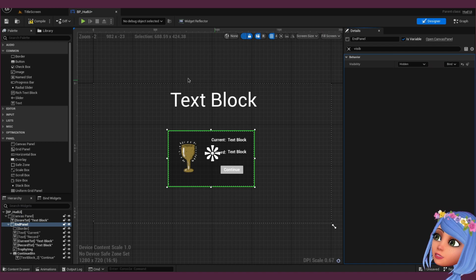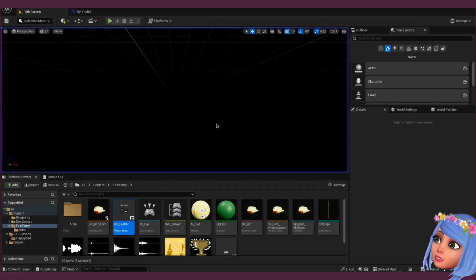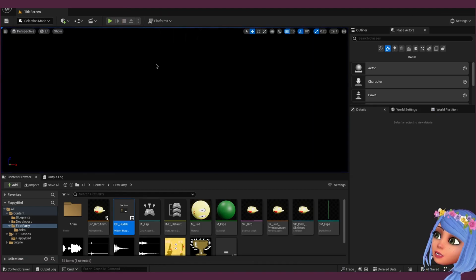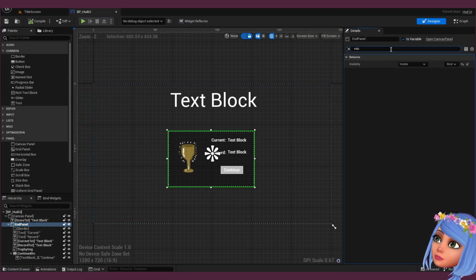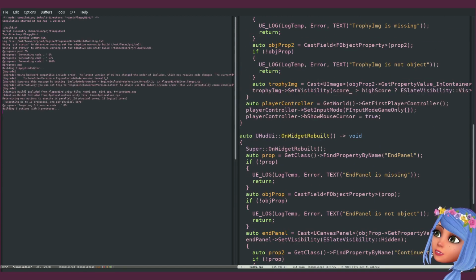Oh, hidden. I do not know how that happened. What? Hidden. Compile. What the heck? Oh, wait a second. Okay. I copy pasted too much.